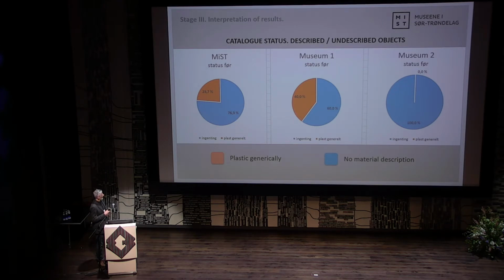What does it show? The orange part is the objects that had plastic described generically. So 24% of the objects had a description. The rest of them didn't have anything at all. The situation differs. There are museums with a little bit better results, but there are museums that had nothing at all. In the group that I've searched, of course, it's not exactly true. There might be some diverse results here, but generically. But just to assure you that we're talking about... Hello, somebody...